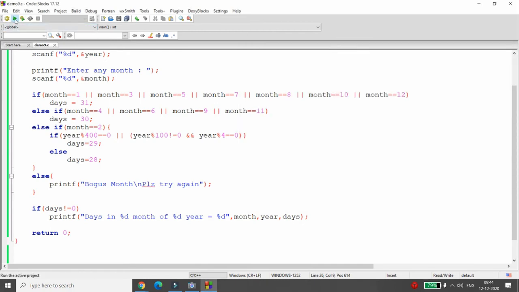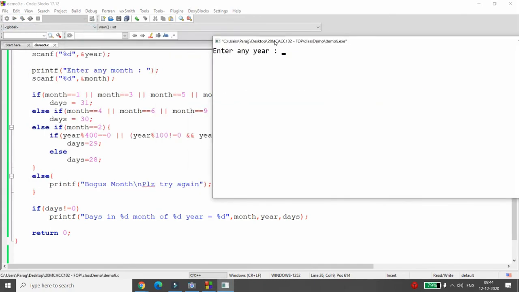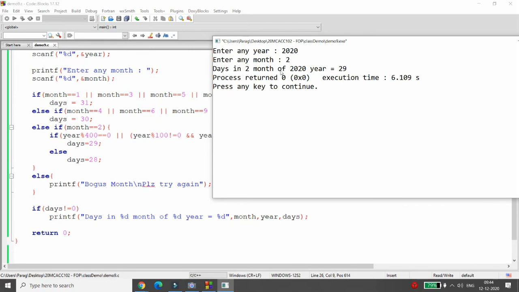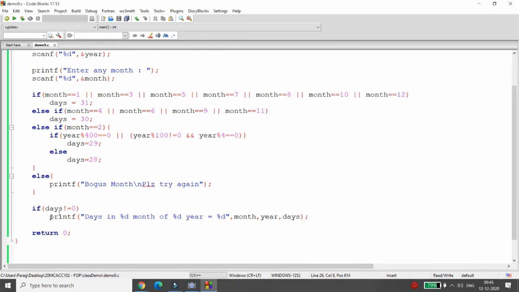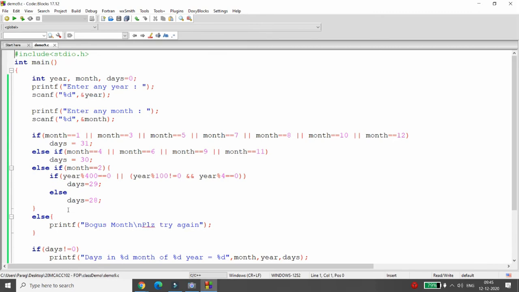But if you pass the month 2 for 2020, then days in the second month of the 2020 year is equal to 29. So this message will be displayed if and only if days is not equal to 0. If days equal to 0, then I don't want to print anything. So this is the way you can use the if else if condition over here.